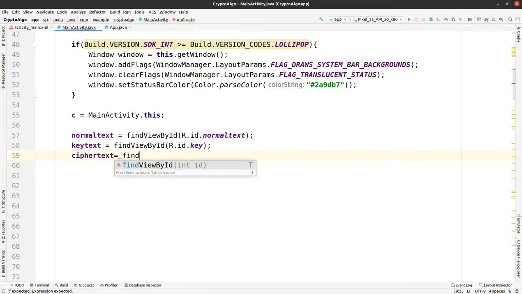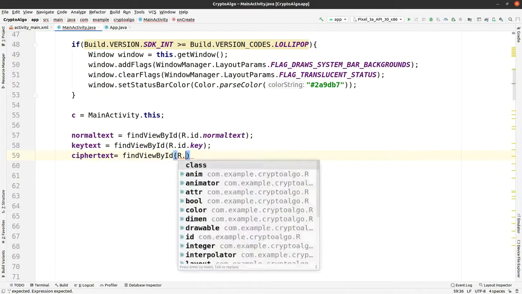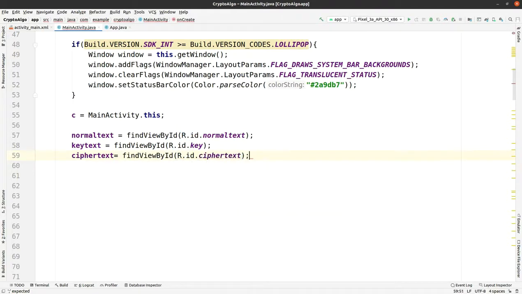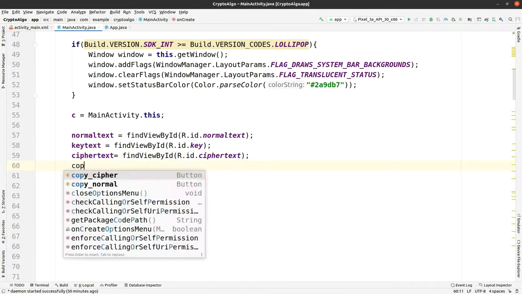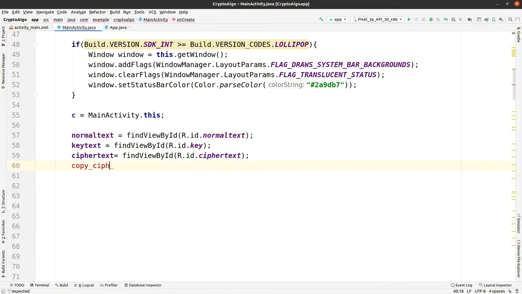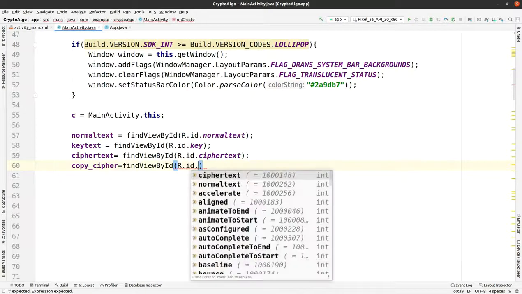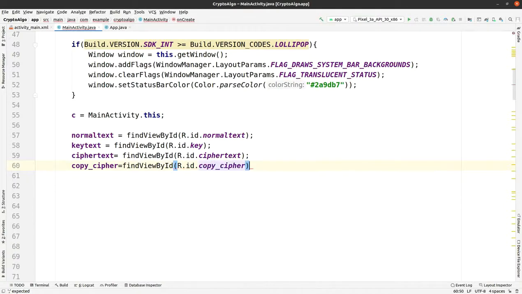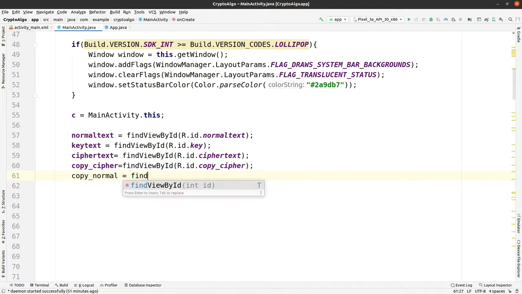Find view by id is a function that maps your Java view variables with XML view variables having an appropriate id that we get through this r.id, and there should be no mistake in terms of id, otherwise it will cause you some error.